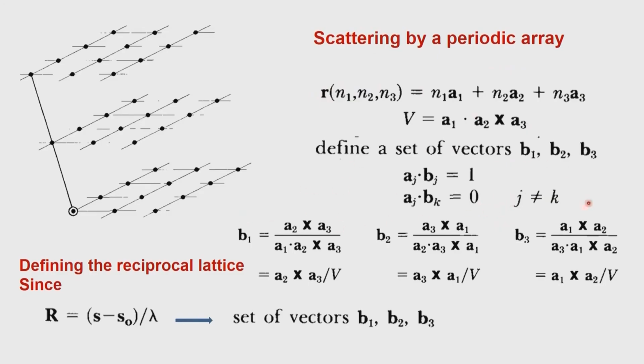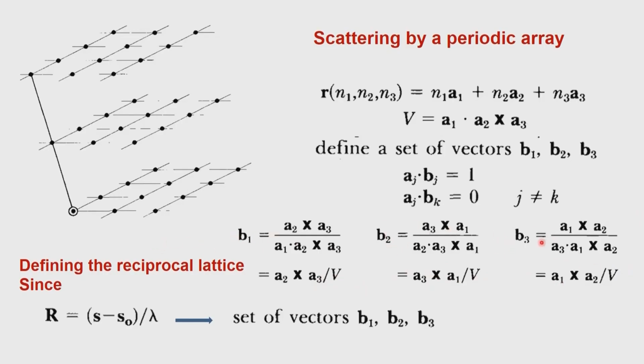So, when we do this operation, we can show that b1 will be equal to a2 cross a3 divided by a1 dot a2 cross a3. a1 dot a2 cross a3 by definition is volume. So, this now becomes a2 cross a3 divided by the volume. Similarly, b2 and b3. So, when we have these 3 vectors b1, b2, b3 following these vector expressions, a2 cross a3 by v, a3 cross a1 by v and a1 cross a2 by v, defining the values of b1, b2, b3,